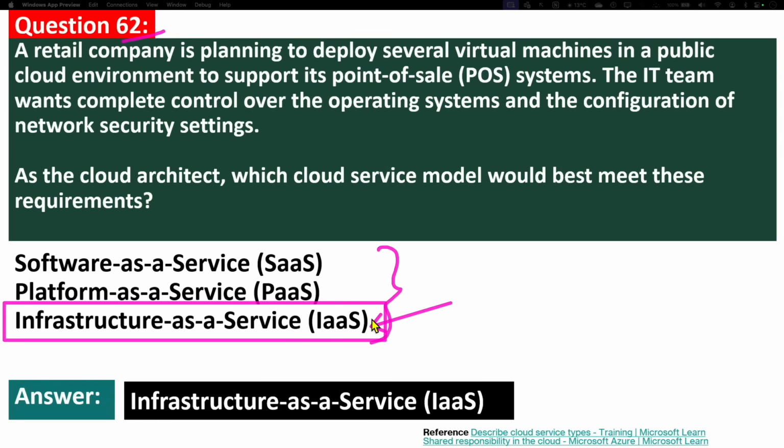Instead, a cloud provider like Microsoft Azure, Amazon Web Services, or Google Cloud gives you access to virtual servers, storage, and networking, all hosted in their data centers. You rent what you need and pay only for what you use. Some of the key benefits of IaaS include cost savings, scalability, flexibility, disaster recovery, and speed. Some of the most common use cases of IaaS are for website hosting, development and testing, data storage and backup,